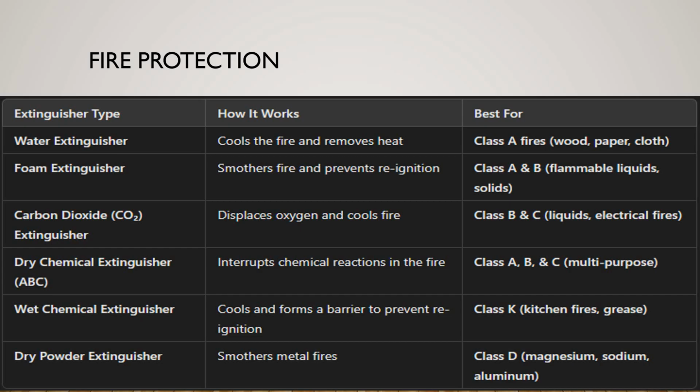Carbon dioxide or CO2 extinguishers displace oxygen and cool the fire. Dry chemical extinguishers, also known as ABC, interrupt chemical reactions in the fire, and are also known as multi-purpose. A wet chemical extinguisher cools and forms a barrier to prevent reignition. Dry powder extinguishers smother metal